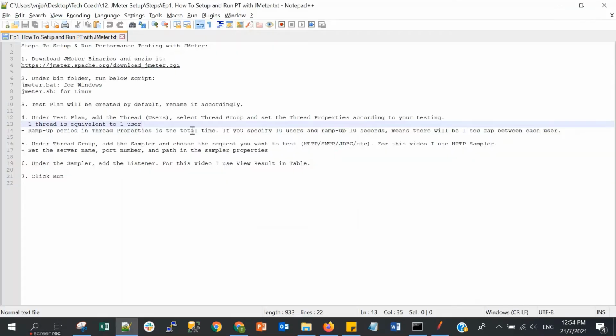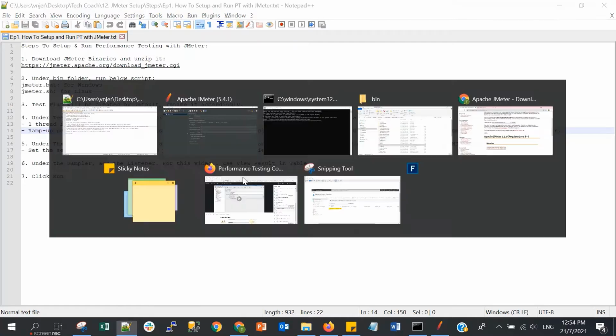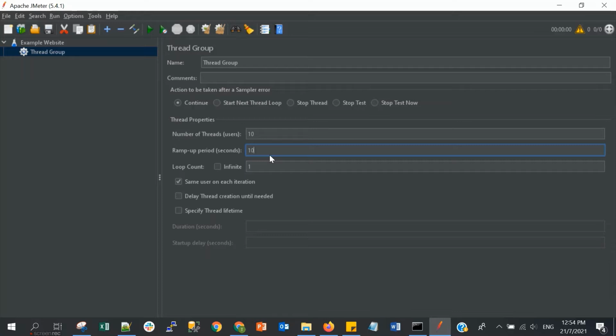And the ramp up period, you can see the note here. Ramp up period in thread properties is the total time. So if we specify 10 users and a ramp up period of 10 seconds, it means there will be a 1 second gap between each user. So I will put, let's say, a ramp up period of 10 seconds, and JMeter will calculate it automatically for you. It will distribute evenly.